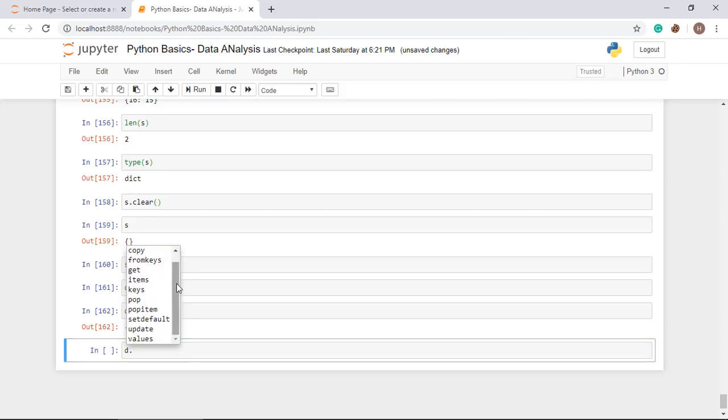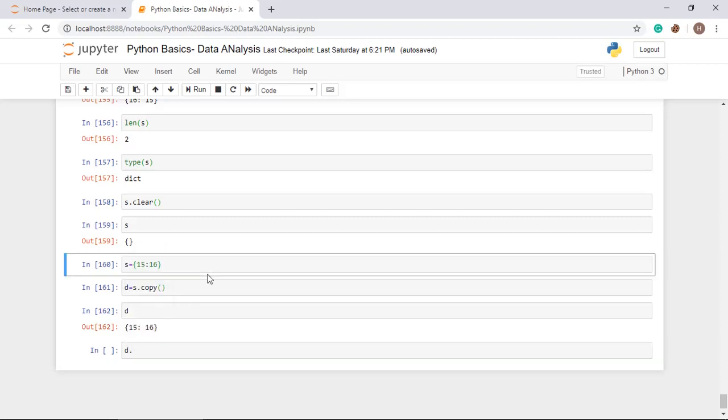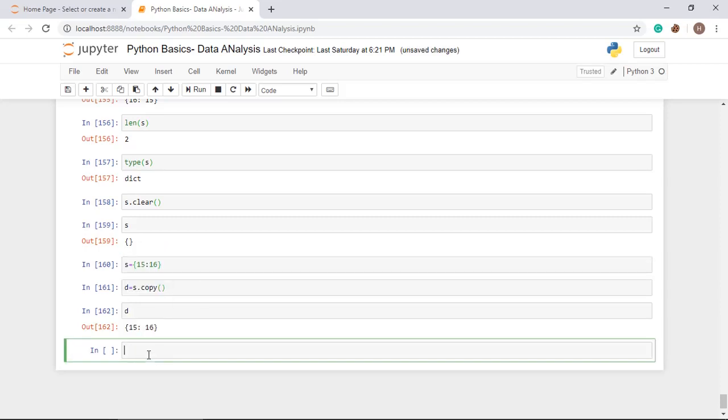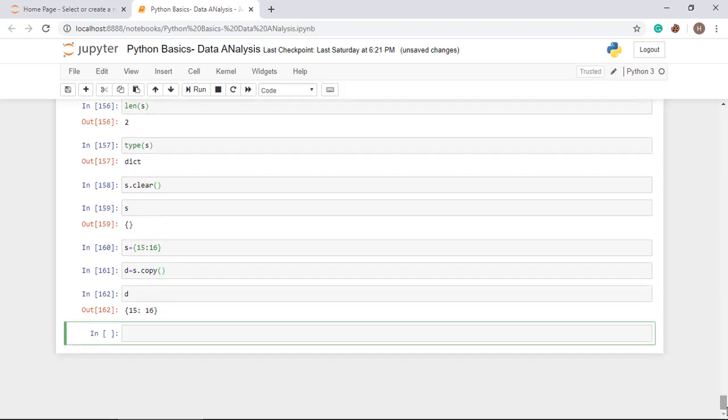Alright, practice all these things at home on your own, and if you get stuck in anything, just call us or put your comment in Google Classroom, or you may also clear your doubts in the doubt chat room. Now we will move towards the last topic for today, which is tuples.